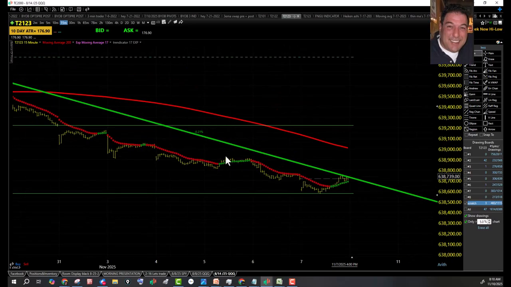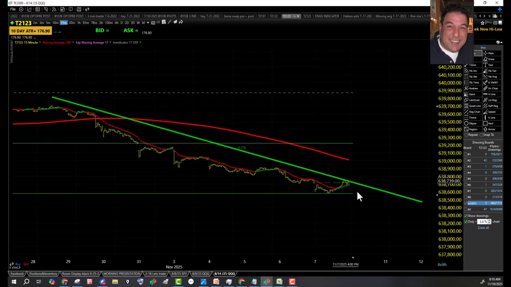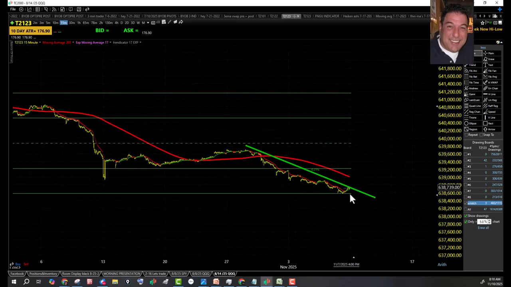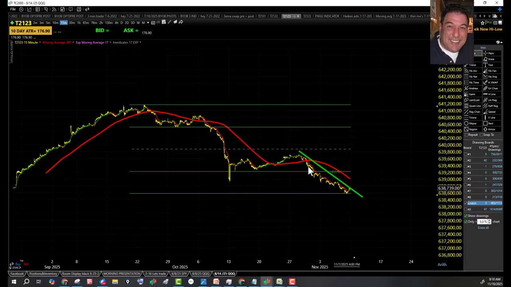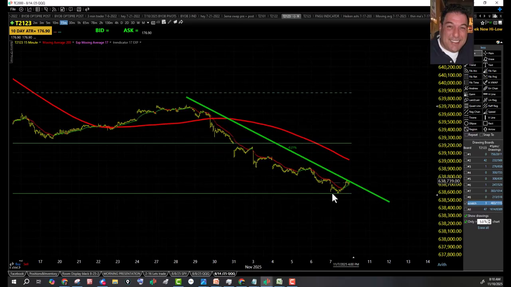T2123, 15-minute chart, still in a downtrend. We don't break the downtrend until the bulls rally up here and make a higher high. So we're still stuck in the downtrend. Bottom of quadrant 1, that's bearish right there. Here's the all-time high. Here's the pullback low. We made a lower low, so still in a downtrend on the 15. Rally back to the downtrend line. Still caught underneath the 200 SMA. Again, not my favorite place to be unless I'm a bear.